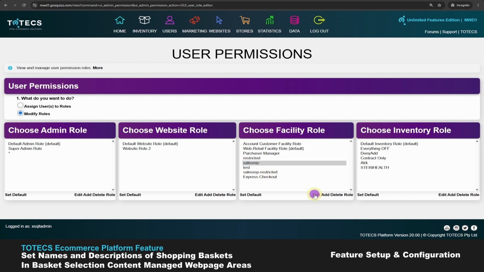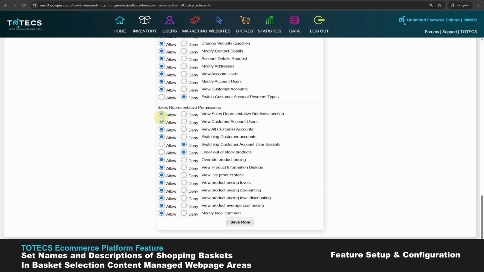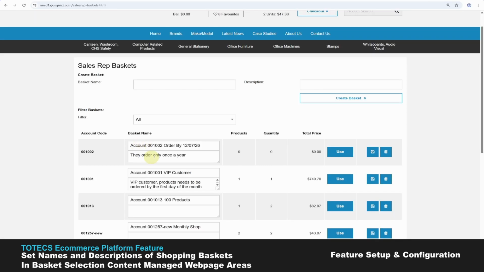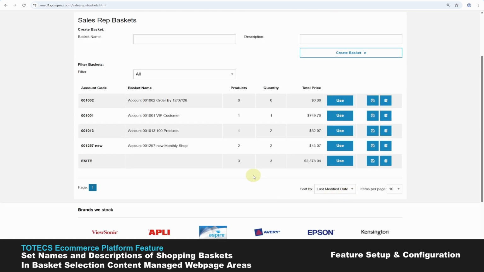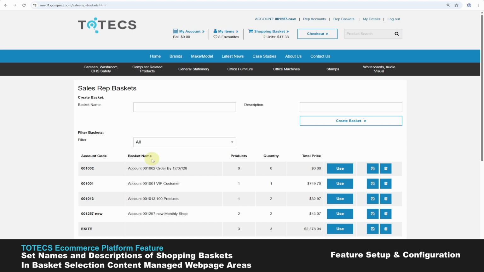If you click on the edit link under the sales representative permissions, the view all customer accounts permission would have to be set to allow, or the view sales representative briefcase section would have to be set to allow, as well as the user created the basket, in order to allow them to be able to set the basket names and descriptions. If the user did not have these permissions set to allow, then the area would display as so,